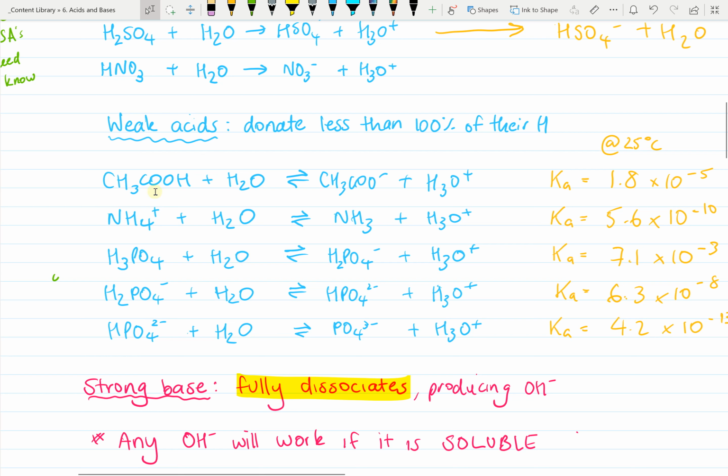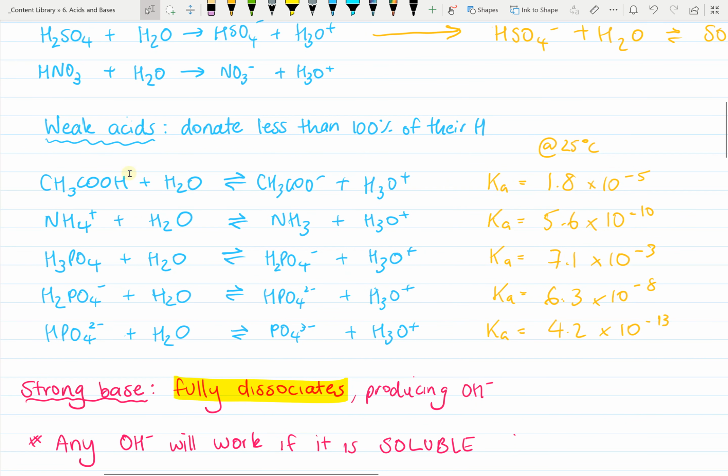And so here's some examples. This is the acetic acid or ethanoic acid, whatever you're more comfortable with at this point. This is the ammonium ion, and this is the 3 ionization levels of the phosphoric acid. This is dihydrogen phosphate and hydrogen phosphate. And you'll notice, I'll explain them all actually. Remember from Mod 5 that Ka is very much temperature dependent. That's the one that changes all the underlying constants. And so at a certain temperature where all the underlying constants are kept the same,